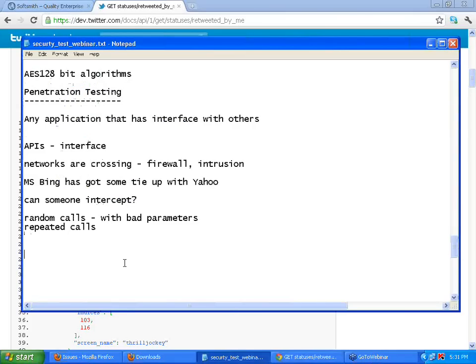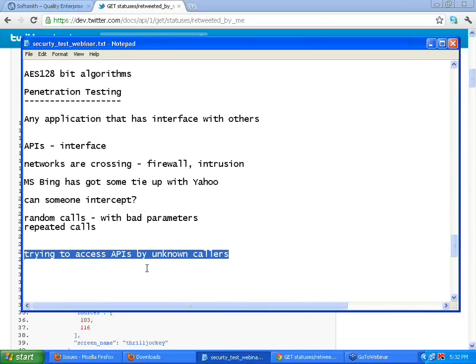Trying to access APIs. I'm not much worried about the network access, because network access is taken care of by firewalls and other stuff. Application level intrusions: trying to access APIs by unknown callers. So we need to write programs to call those APIs with bad parameters, repeatedly call again and again, maybe in a loop. For example, 1 to 1000 in a loop, keep on accessing all the people's information. That is, whether your system allows that.